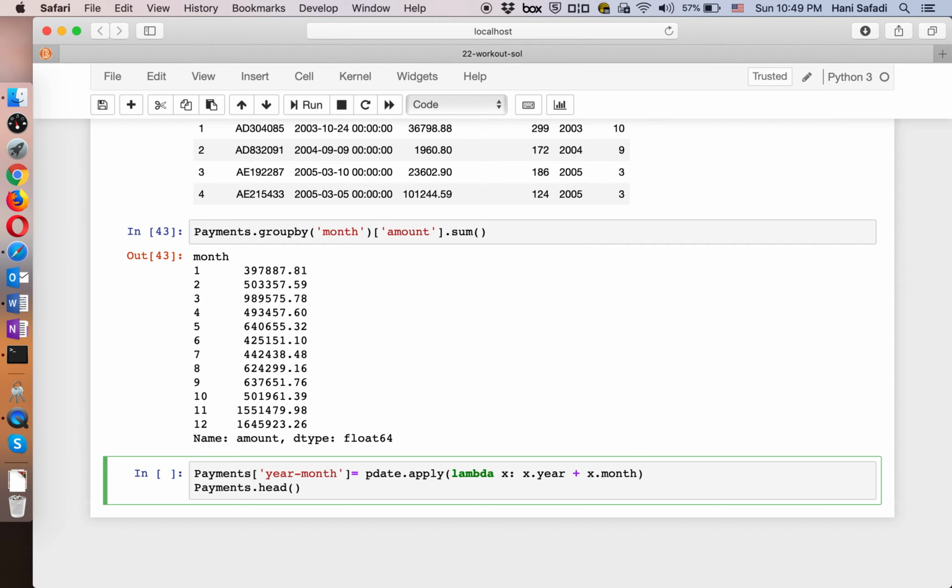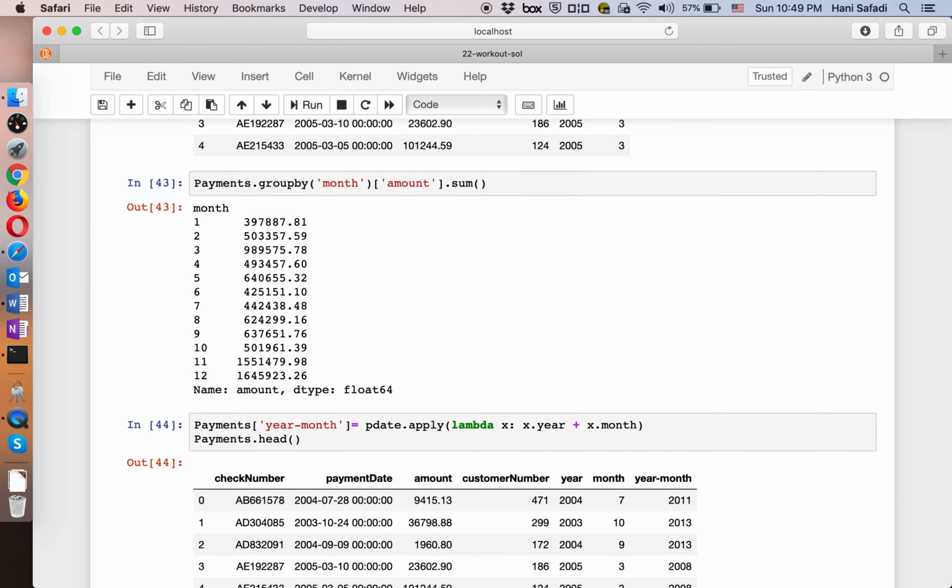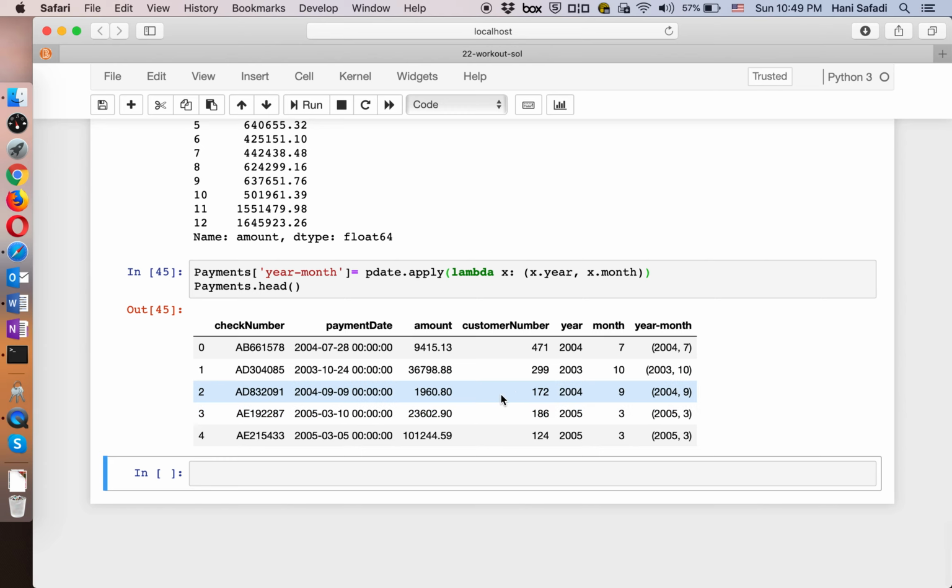If I do year plus month, that doesn't work because it's going to add the year and the month together. So I will either need to return a tuple or a list because I want to keep these two things as two different entities,